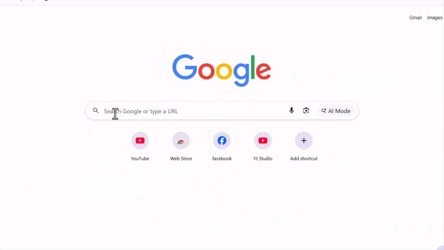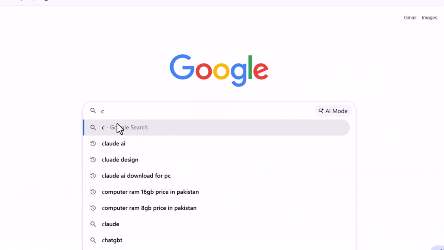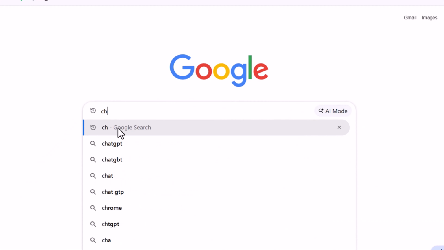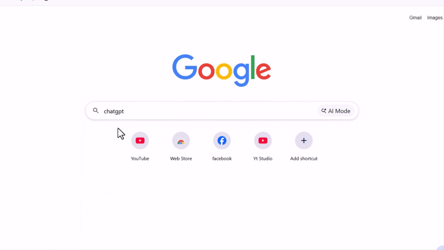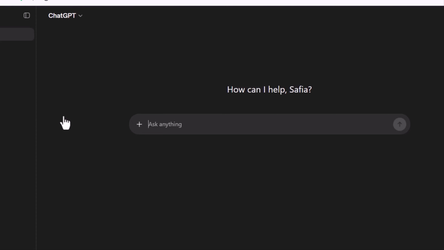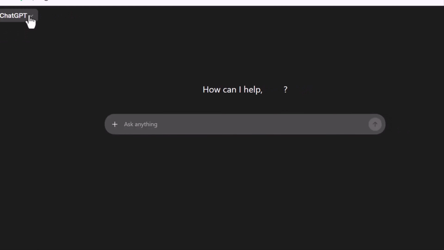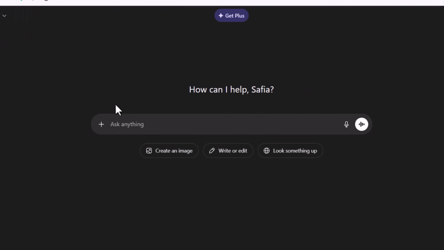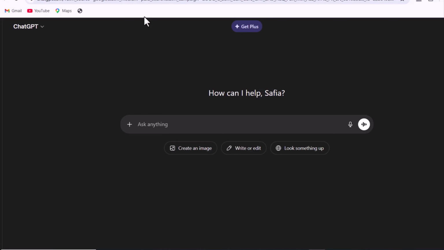So the first tool is obviously ChatGPT. And honestly, if you're still not using ChatGPT, you're missing out on a lot. This tool can help with assignments, write emails, generate ideas, create scripts, and summarize long content. Alright, let me show you a real example step by step so you actually understand how to use this properly.